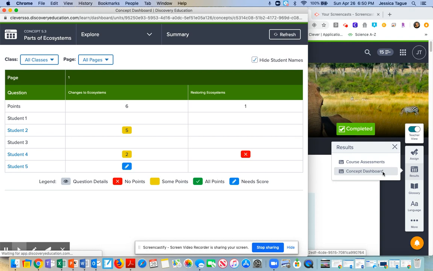In Concept Dashboard, what's going to pop up is a list of your students, and then you're going to see whatever prompts students completed on this page. So right here is my constructed response, changes in ecosystems. And then over here is that multi-select drag and drop that I had just dropped boxes into earlier. Any constructed response item is going to have this blue icon with the pencil in it, and that means that it's going to need to be scored. So we're going to click on the blue icon,